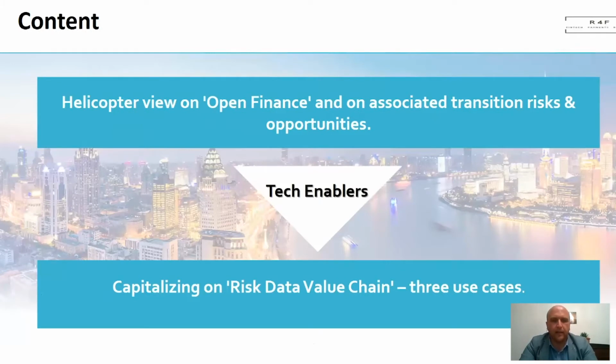So I'll take a top-down approach. We will examine, from the strategy lens, what is going on in the industry within the format of who, what, and how. I will show who the participants of the new ecosystem are, what they are doing, and most importantly, how they are doing it. And then we will switch to the tech enablers, and specifically tech enablers